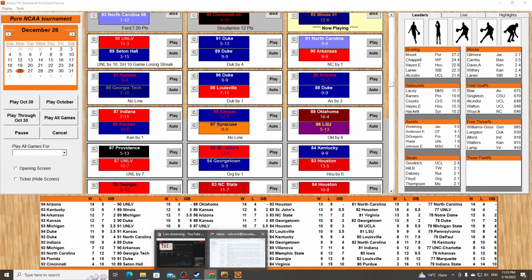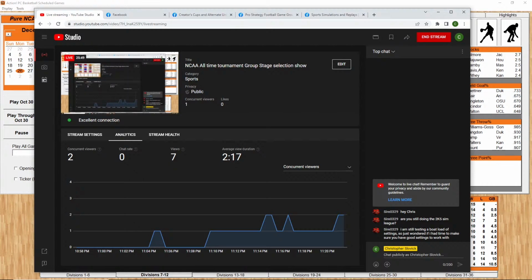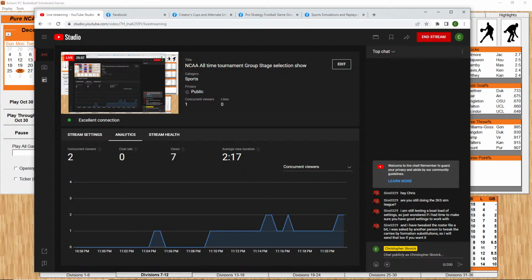Let's take a look at who is watching right now. Yeah, I am. Yeah, I want to do that. That'll be my Saturday league now. The college football is done last Saturday, and that'll be my Saturday league, the 2K5 Sim League. So, yeah. So, if you tested a boatload of settings, yeah, I wanted,